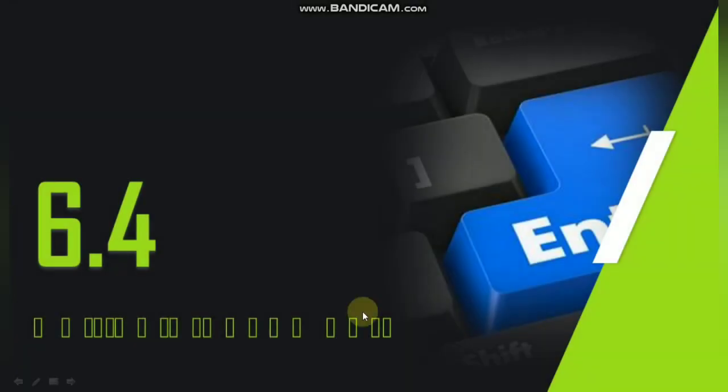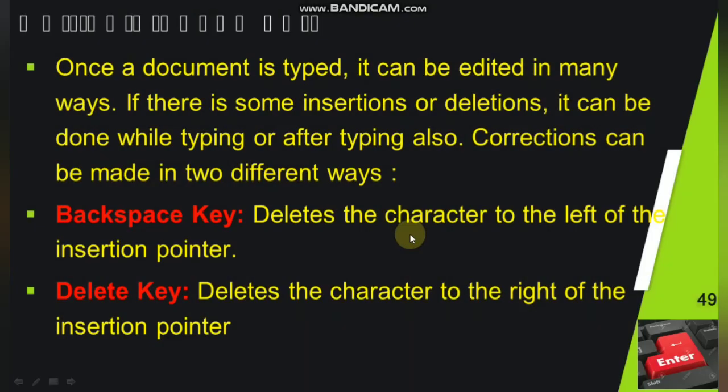See here, you can see these small squares. This is nothing but that I don't have the particular font in my system. If I don't have the particular font in my system, all these characters will be converted into these symbols. This is called symbols. Clear? So now we'll see how